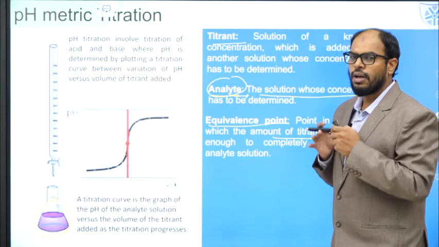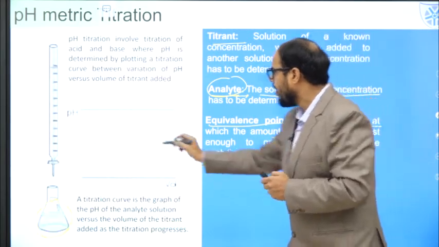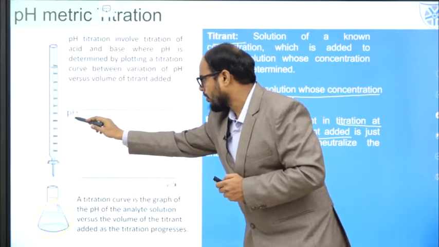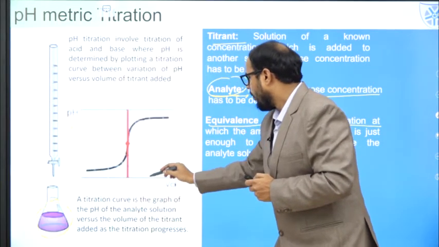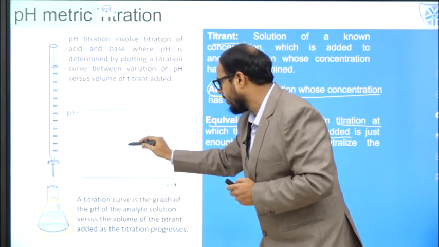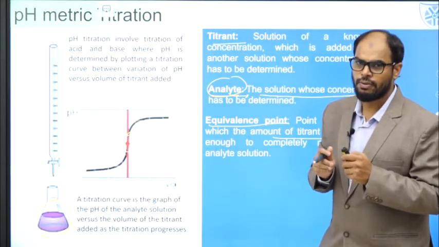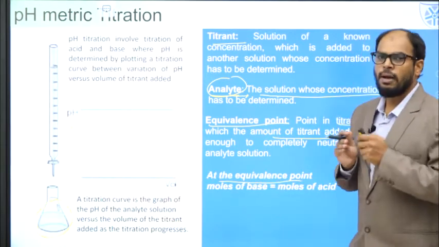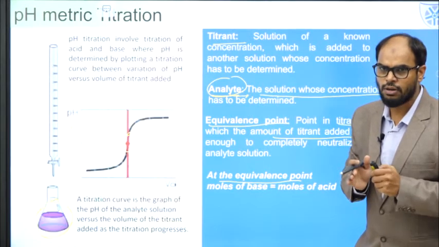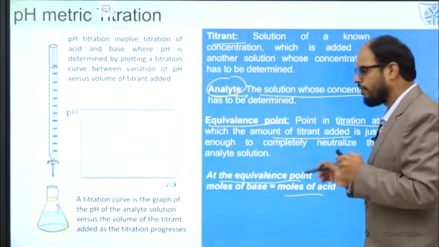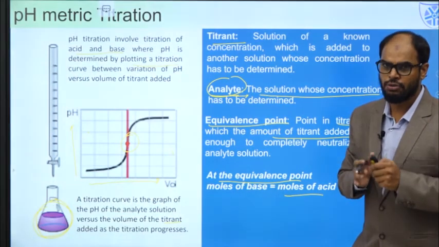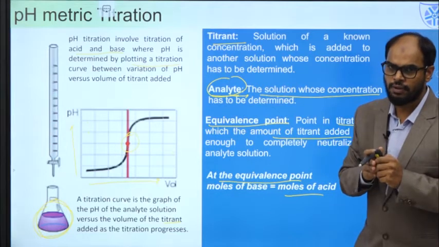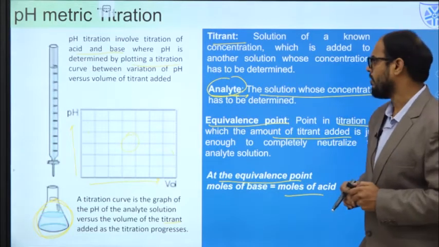And from this video lecture, we are going to find the equivalence point from the graph, where we plot pH on the y-axis and the volume on the x-axis. And this equivalence point can be known only from the pH metric titration curves. At the equivalence point, the number of moles of base is just equal to the number of moles of acid. If we are talking about an acid base titration, we should know that at an equivalence point, the number of H+ ions is definitely equal to the number of OH- ions.